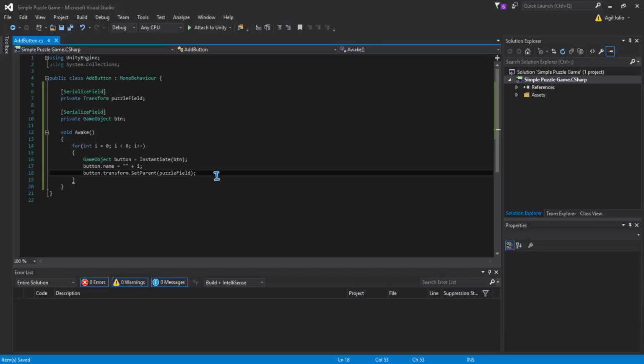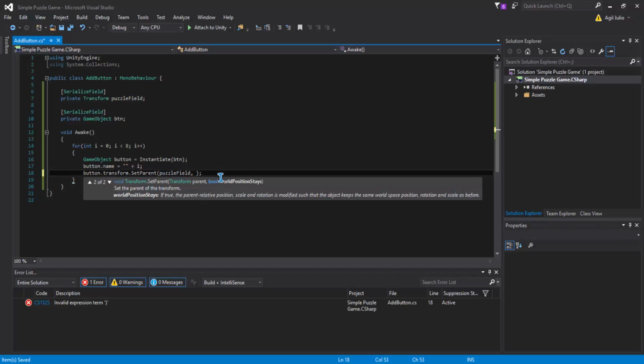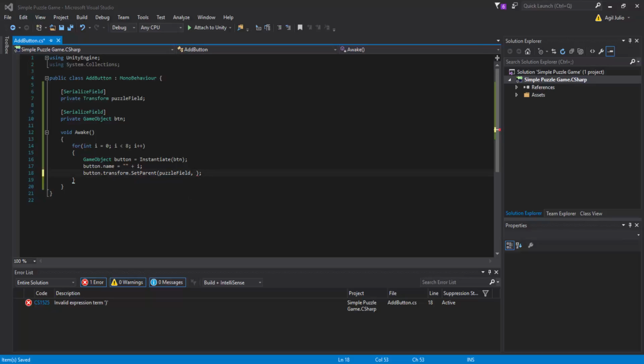Okay, back to the editor script. In our script, add one more parameter, as we see here. We have a transform for the parent, and we have worldPositionStays.